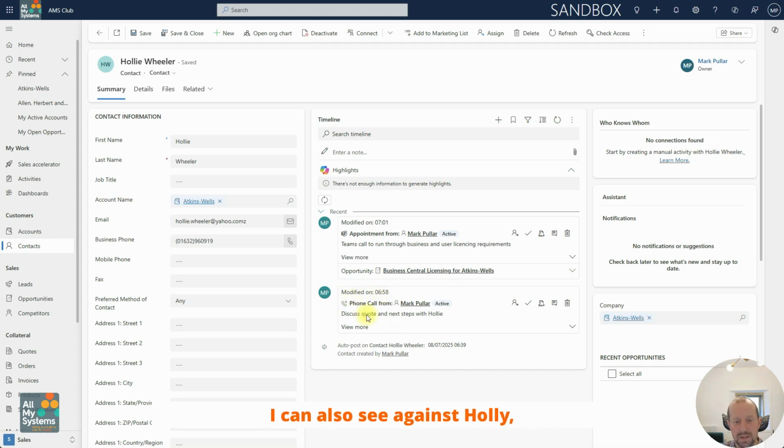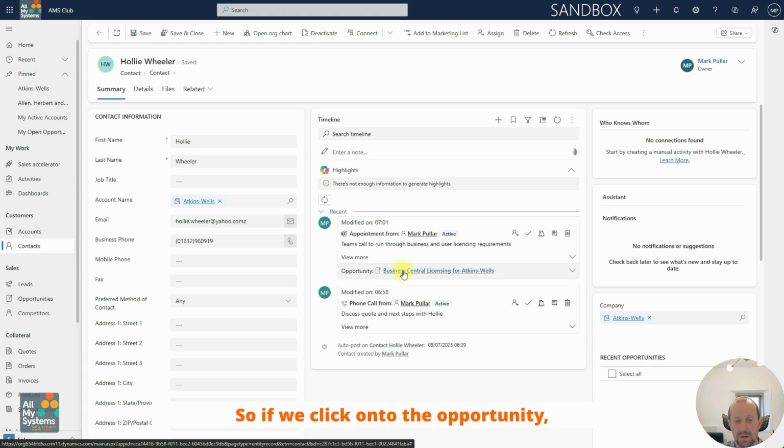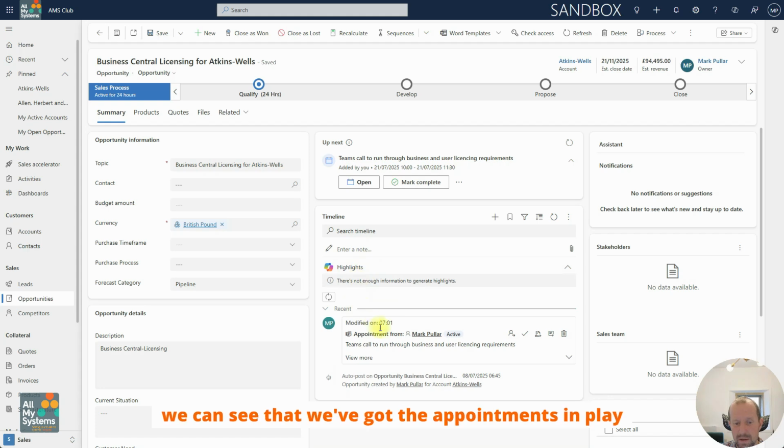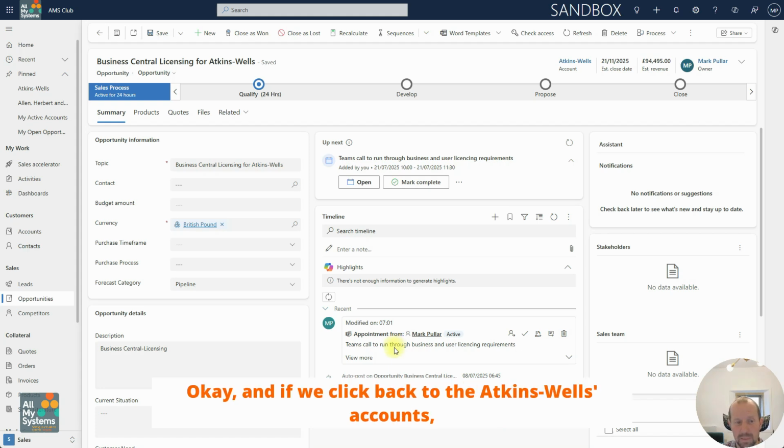I can also see against Holly that I've got an appointment to discuss on Teams their business and user licensing requirements. And that shows on the contact timeline that it belongs to the opportunity. So if we click onto the opportunity, on the timeline here, we can see that we've got the appointment in play for the meeting with Holly. Okay, and if we click back to the Atkins Wells account,